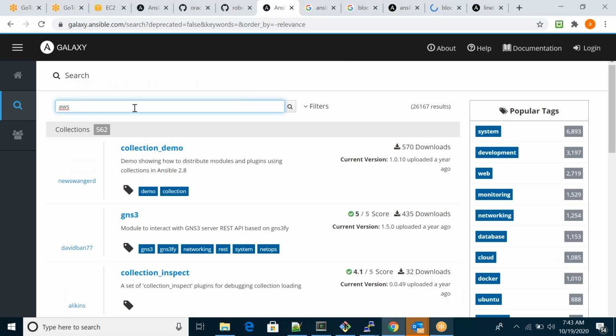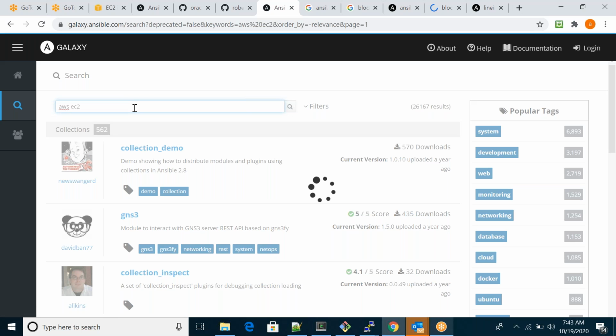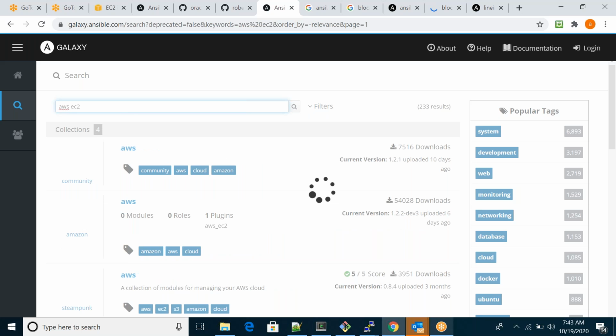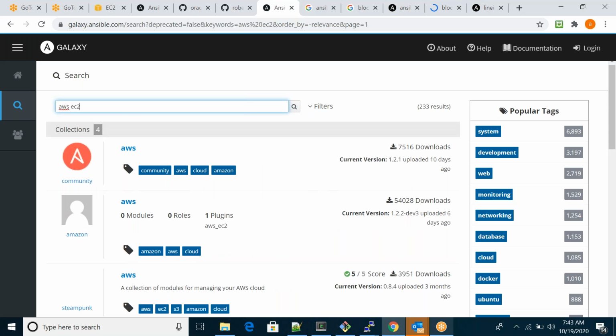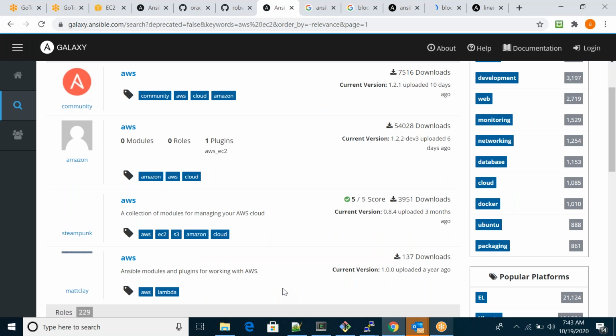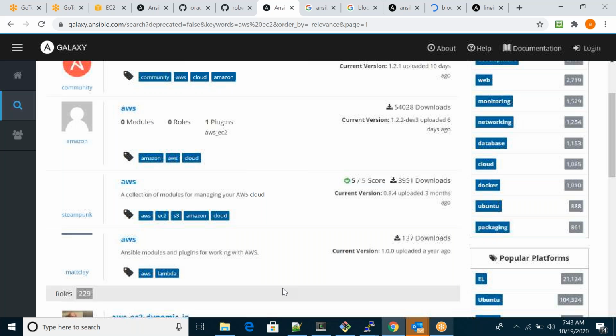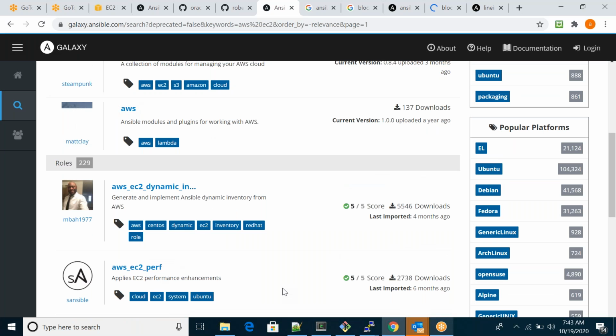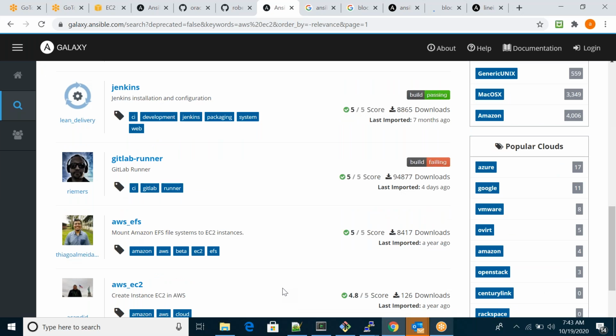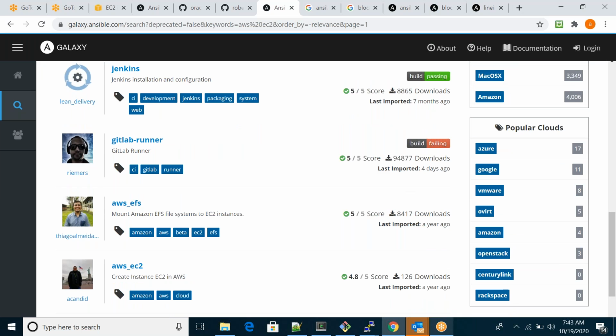For example, AWS EC2. It is a collection of modules. You can see here, creating EC2 instances in AWS. It will come down, so here you can see.